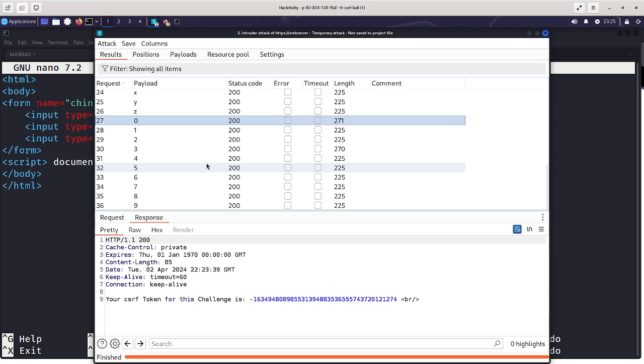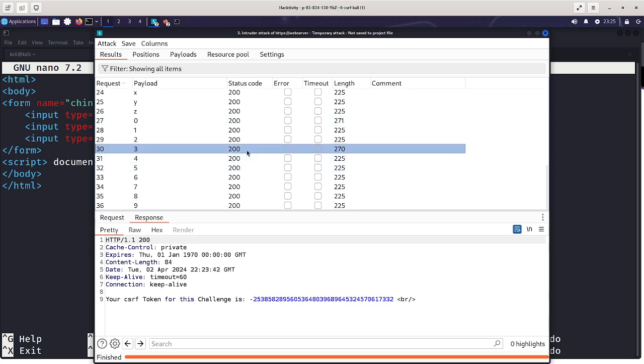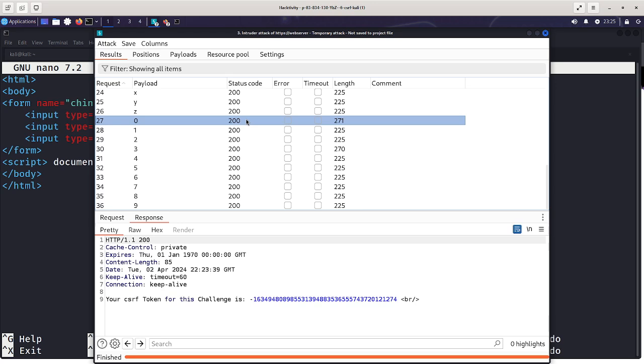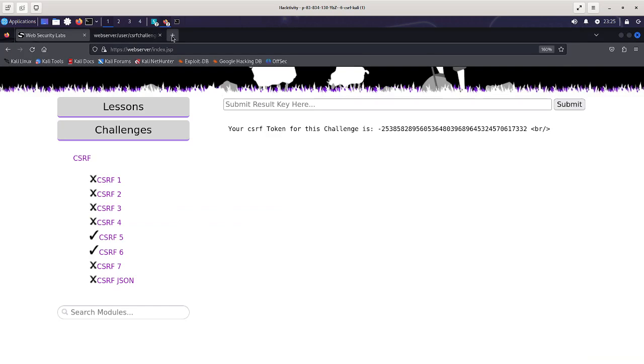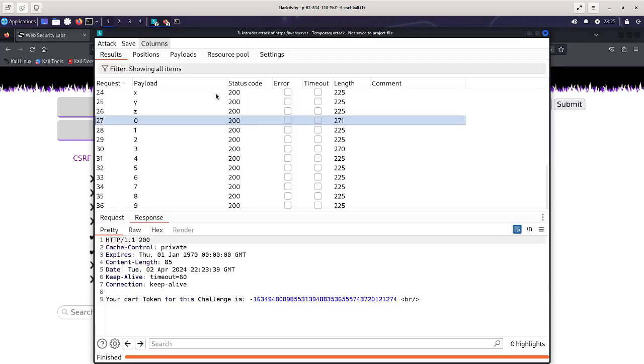I tried the first character, did not help us. Second character, I got two values. One is 253858, which is mine and again invalid, and one is 163494. We need the other user's ID. So I will go with 16 and the other number. What is the other number? Yeah, this one. I'll take this token ID,